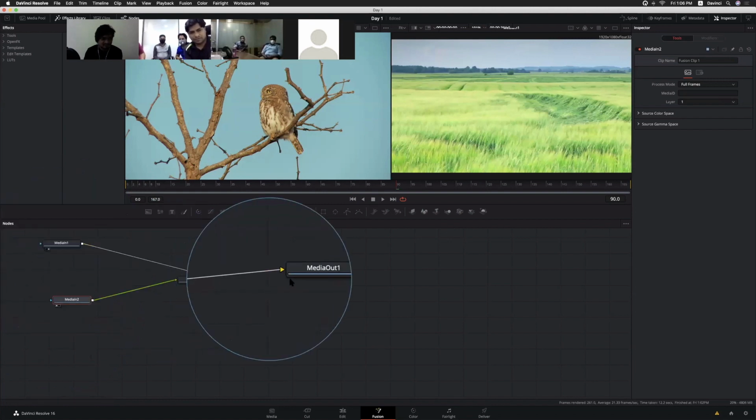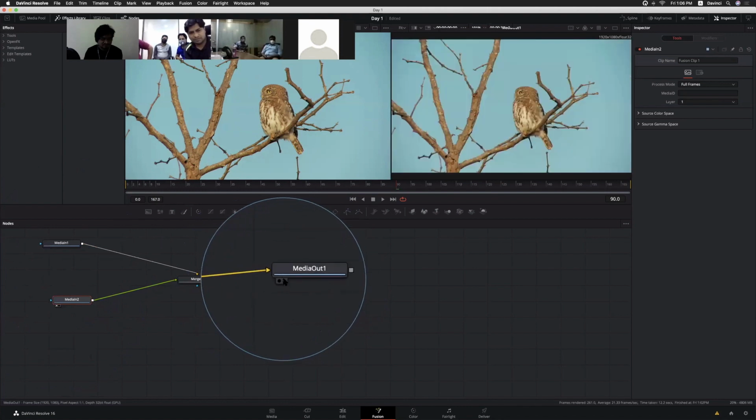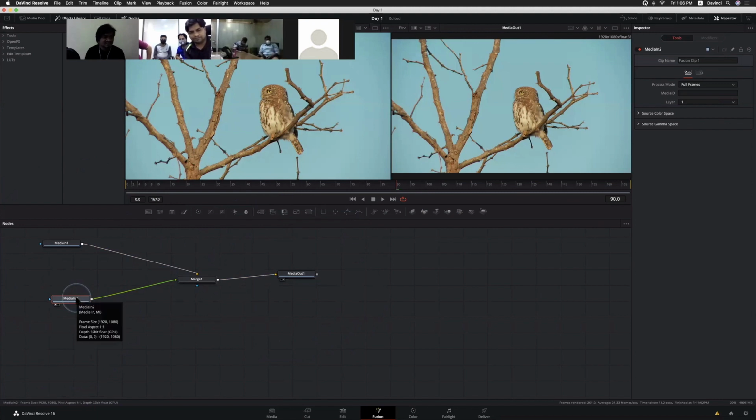Now I just want to select this one. The chroma keying is the delta key here. Within DaVinci, it's called delta key. Now go through the tools.